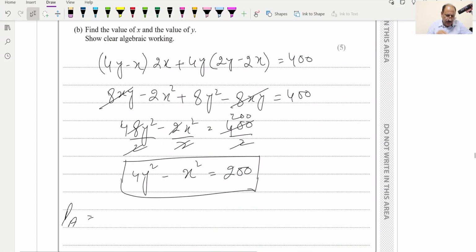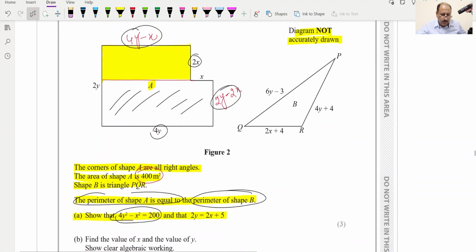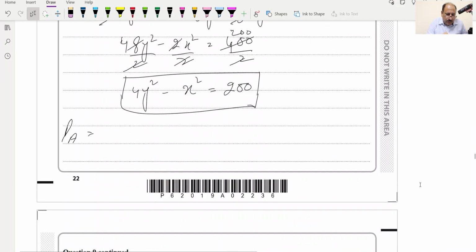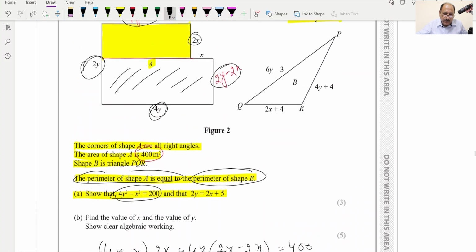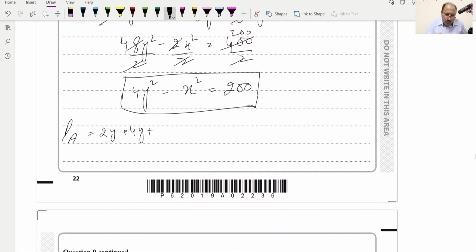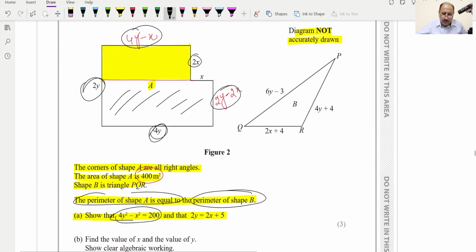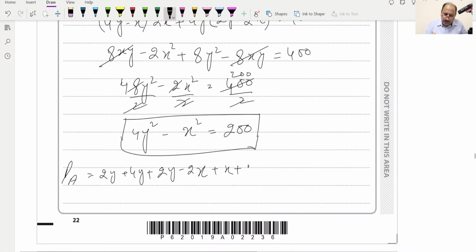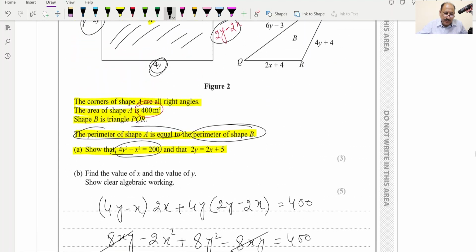Perimeter of A will be equal to this one. I will start from here, 2y plus 4y. So this will be 2y plus 4y plus, next will be 2y minus 2x plus x, 2y minus 2x plus x plus 2x plus 2x plus